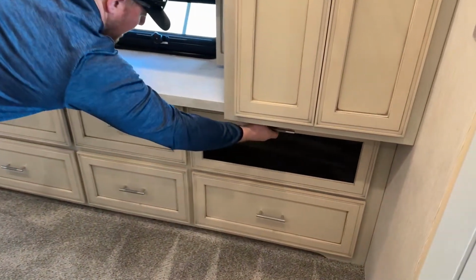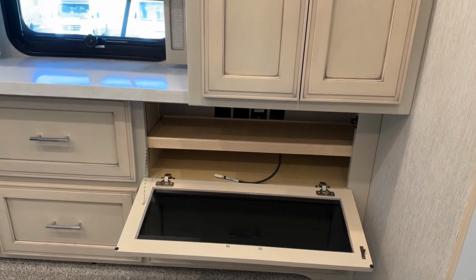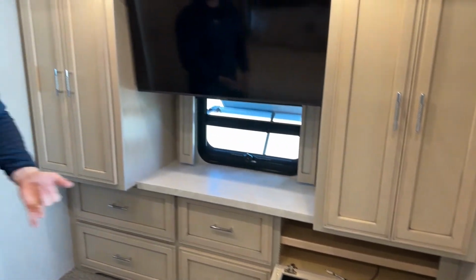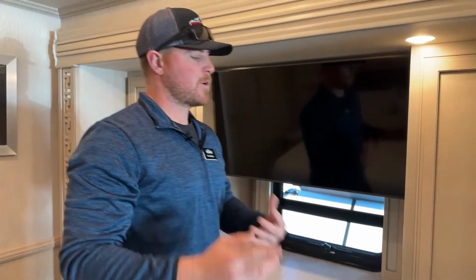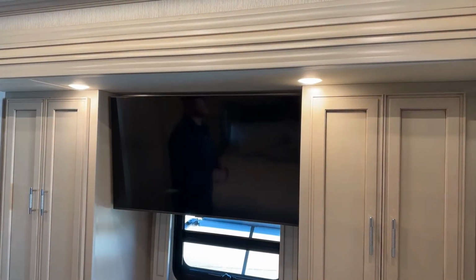And then an AV compartment. Now, like I said earlier, we do not have a satellite on this coach, but we can put one up there. We could do an in-motion, we could do a stationary, DirecTV, Dish Network, whatever you need. We probably have it in stock and are more than capable of installing it for you. Moving up into the center of the coach,